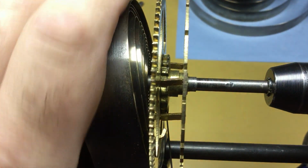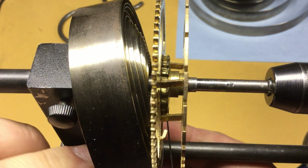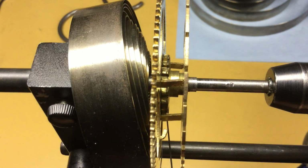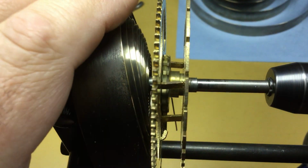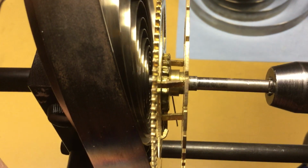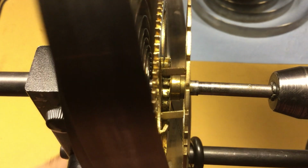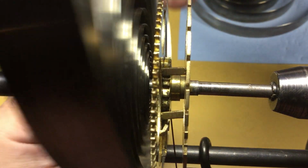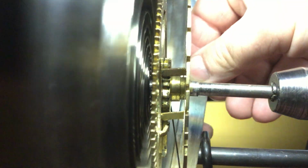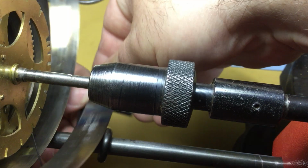I see already there's a minor issue here. I don't like the way it's going, so we're going to wind it back down. And we're going to do this with the spring and the loop on the opposite side of the bar. And now you've got a face full of spring here. We're going to put this on this side,